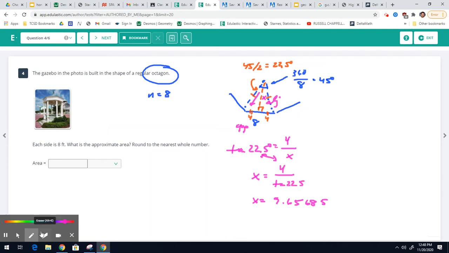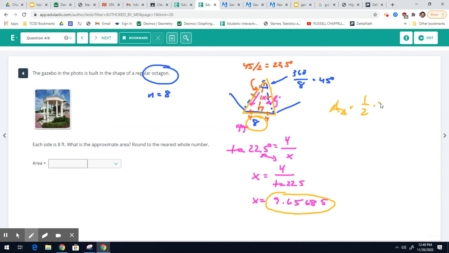So now, once you find that height, you must find the area of the entire triangle. So again, think about this. It's the area of the entire triangle that has a base of 8 and a height of 9.6568. And then you're going to multiply that by 8 to find the area of the octagon. So to find the area of a triangle, we're going to use the old formula, 1/2 base times height. And then to find the area of the octagon, we're going to take 8 times the area of the triangle. So I'm going to combine all that into one